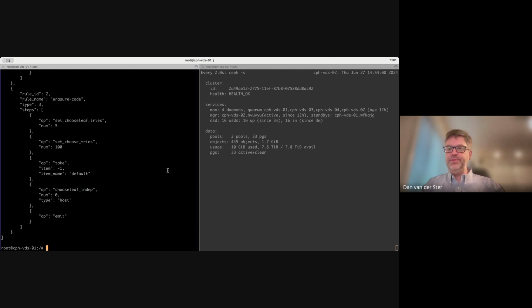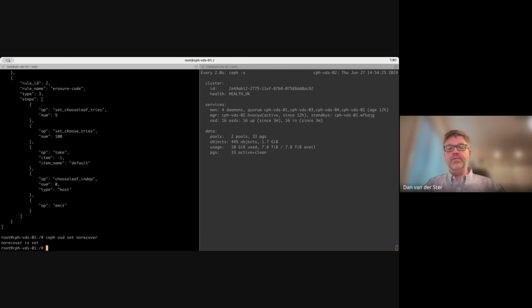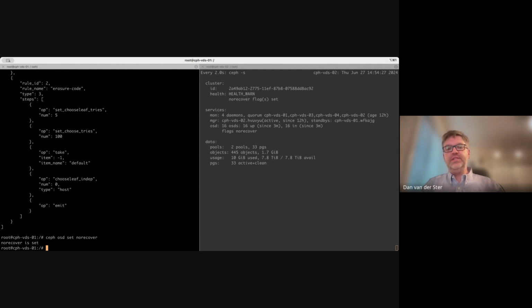So what I'm going to do is go back to this situation where we'll change something in Crush, and then we'll try to use Upmap remap to fix things for us. And I hope that it goes somewhat well. So first I'm going to set the no recover flag again, just so that things pause a bit. And then what I'll do is